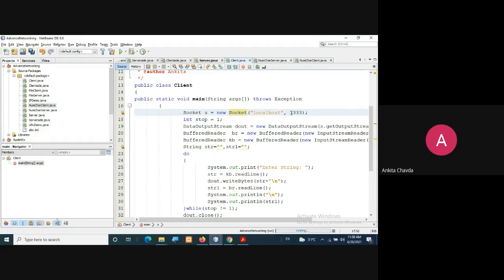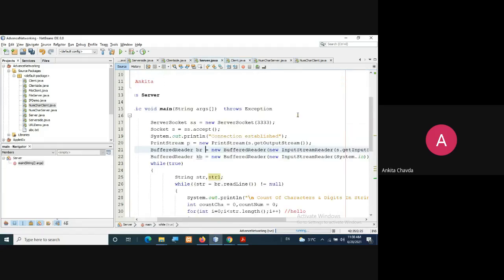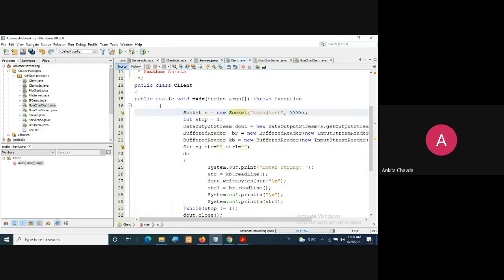And my server is listening at the port number which was mentioned here, this 333, so I'll write the same port here. So here are the IP address and the port number. But instead of IP, you can write localhost for now, because they are all on the same machine. Now you are taking an integer stop equals 1.